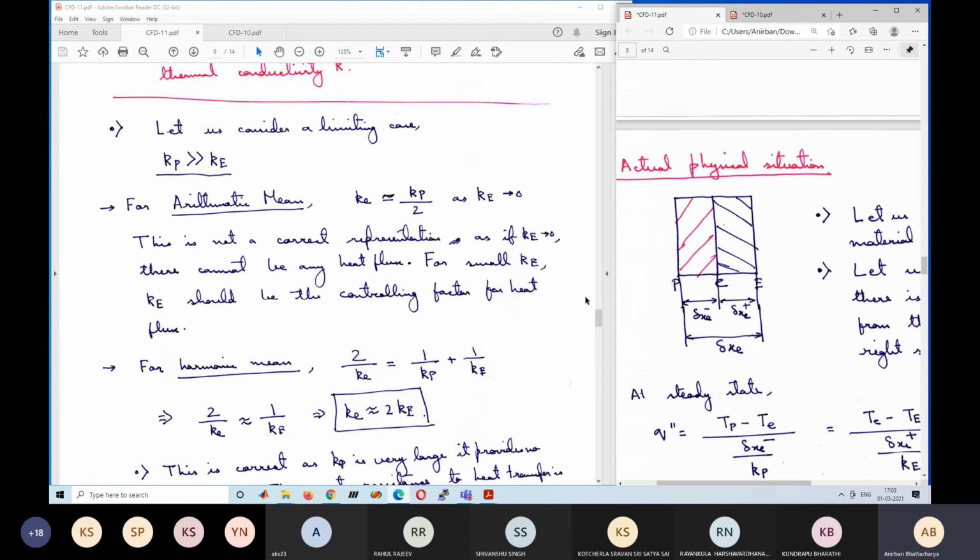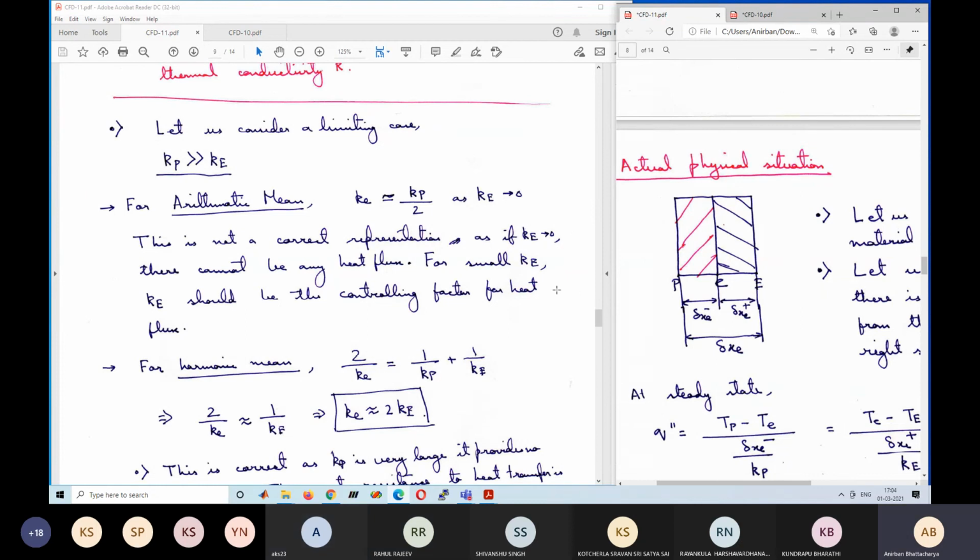In real life, whether you have a steel pan or an aluminum pan or a copper pan, if the handle is made of wood, the heat that you will feel at your hand will depend on the conductivity of the wood, not on the conductivity of the aluminum or copper or steel. Is this clear to everyone?